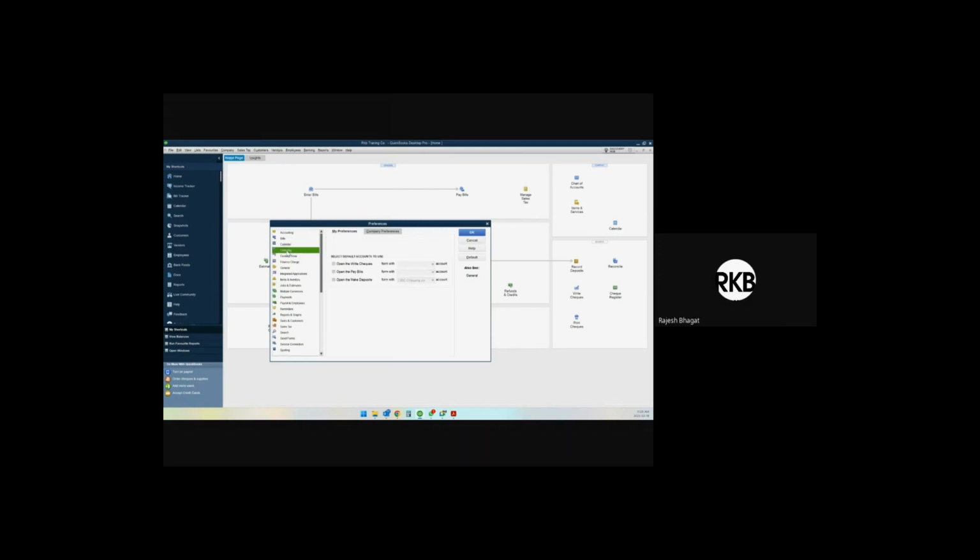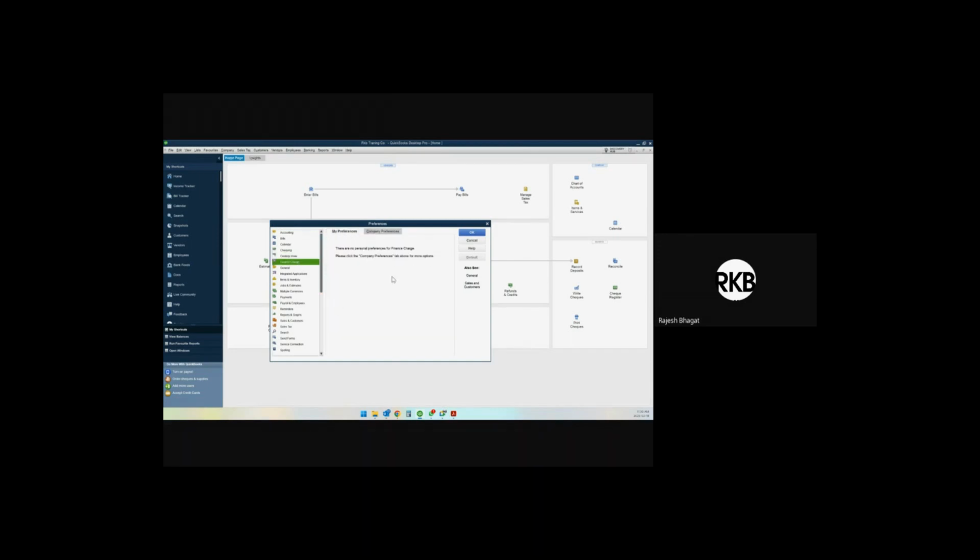Checking, open with write check, open the pay bills. Okay, so I don't remember this one also, but it looks to me like it's for when you have several bank accounts. So usually when you write a check, you can assign a default bank account, because it's asking which account you want to use when you write a check. You can look into your desktop view, how you want to look at my preferences, company preferences,